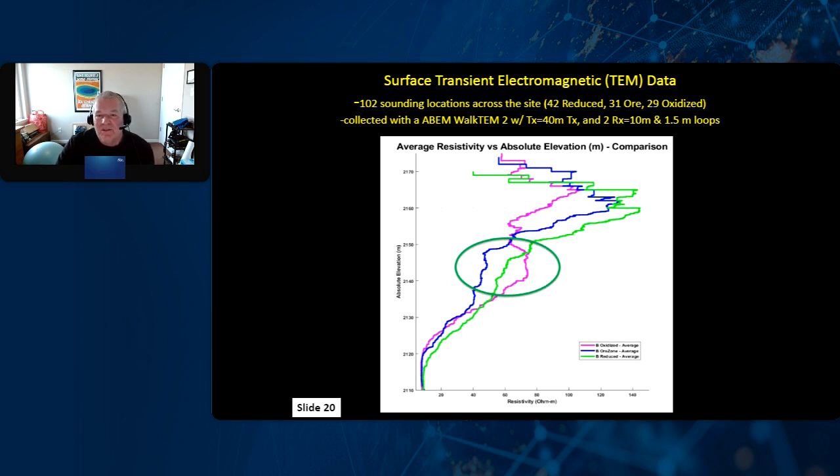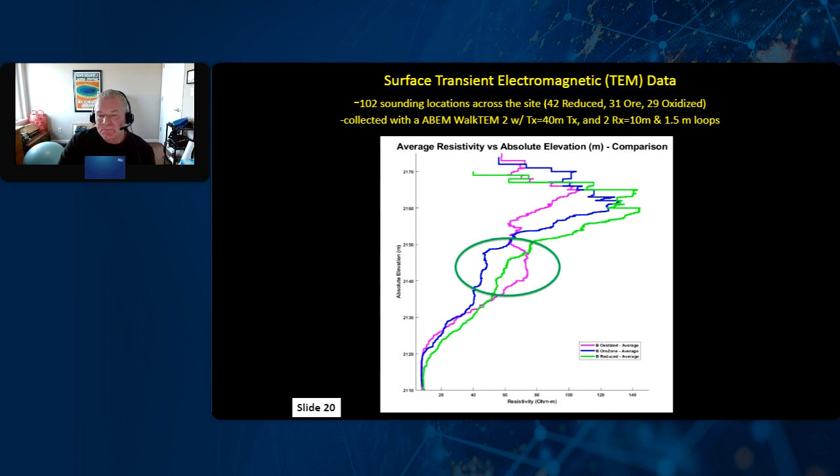But let's switch now to transient electromagnetics. It's really tempting to want to run these on these sites because we already suspect a large resistivity difference between those zones. This is a summary map of 102 soundings across that site, where we have 42 in the reduced, 31 in our projected ore zone, and 29 in the oxidized. This was collected with a WalkTEM 2 with a 40 meter TX and two RXs of 10 and 1.5